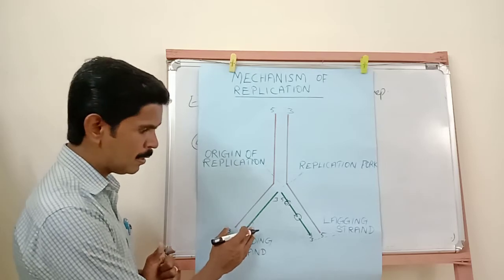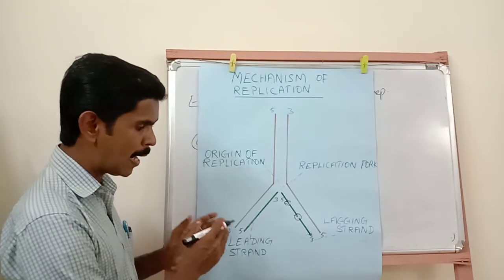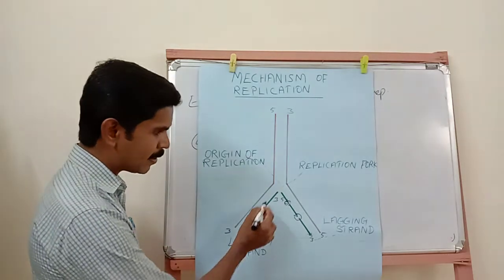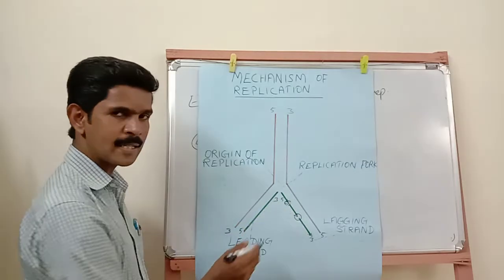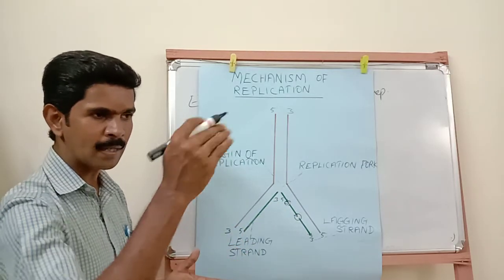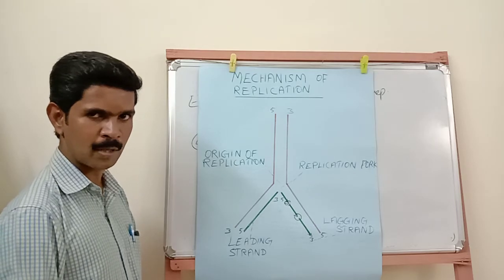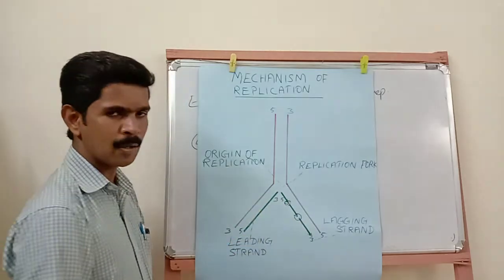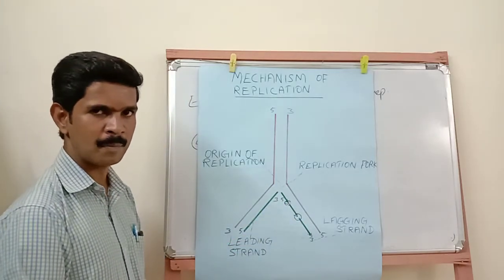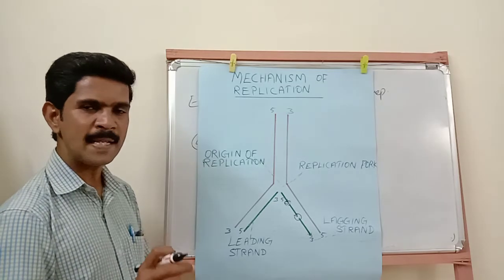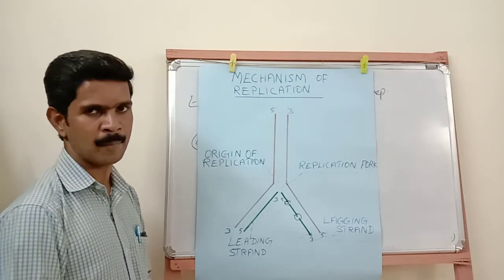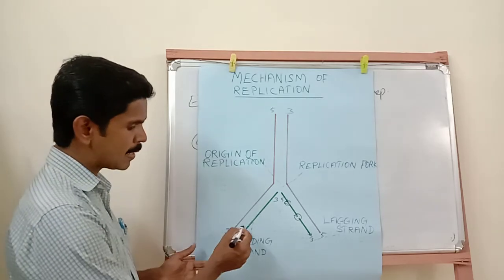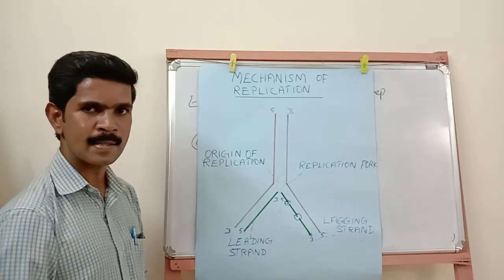Understand? Then, this DNA polymerase enzyme adds the nucleotides in the 5 to 3 direction. This is the 5 end and this is the 3 end. So only in the 5 to 3 direction does the DNA polymerase enzyme add the nucleotides one by one. Hope you understood. Then the next point. For the production of this new strand, a primer is very important. Mostly a piece of RNA molecule is used as a primer. So the primer is added to the newly synthesized strand.